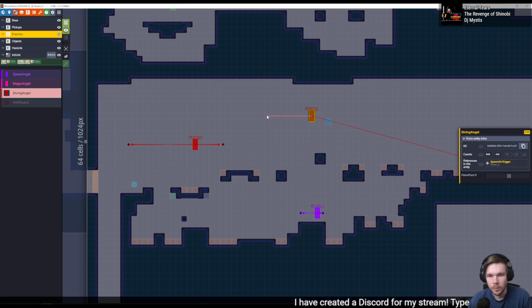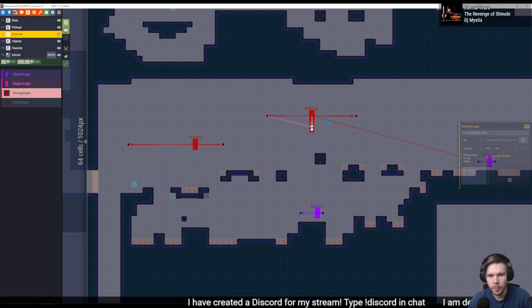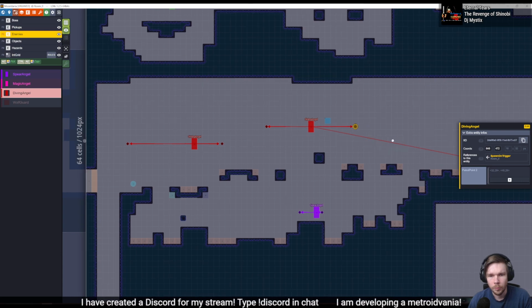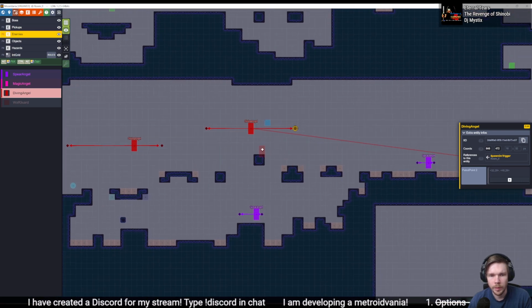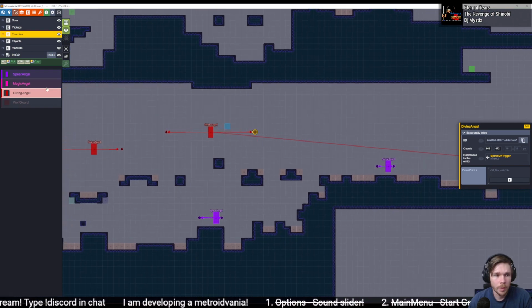And this one, the same. I'm not sure if this one is too high up. I think we might need to lower it a little bit for it to actually trigger on the player here and not just on this one if we're lucky. And we have the spare angel. So now we go back to our